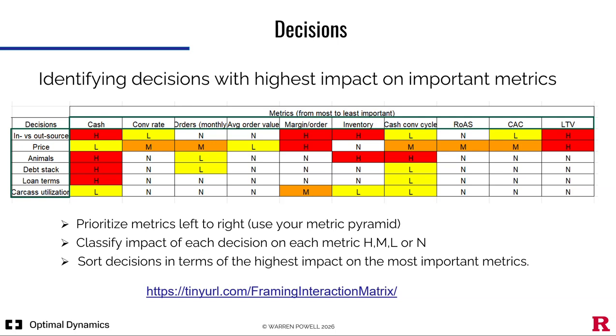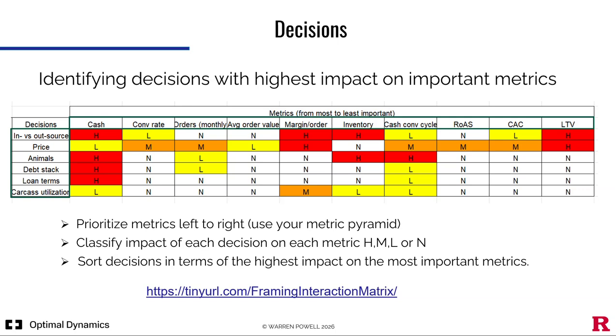So this cannot be done by the math guy. This has to be done by people familiar with the problem. And you go through and you enter H if that decision has a high impact on that metric, M for medium, L for low, N for none. The spreadsheet will light up, and if you put in an H, that cell will turn red. And then when you're done this, and it's not a very time-consuming exercise, but it does require domain knowledge,